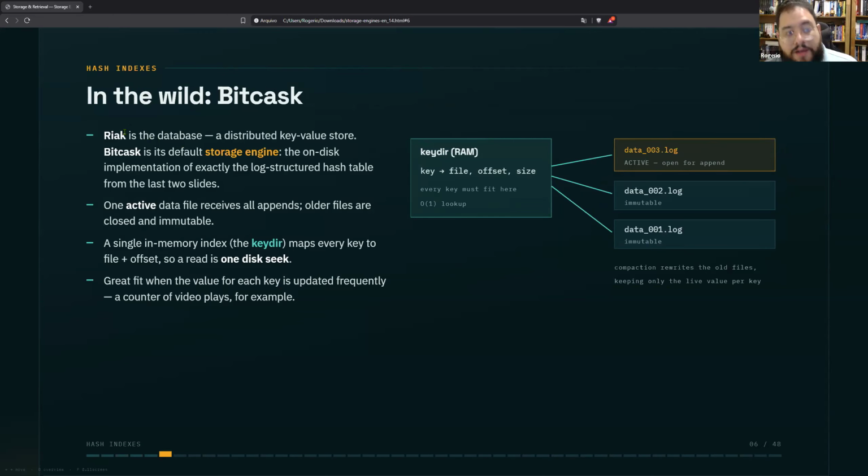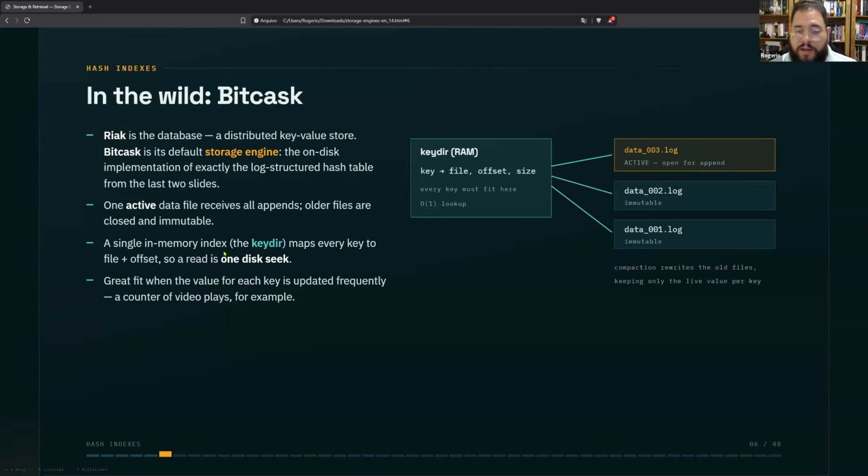There's a database called Riak, and it's a distributed key-value store. The storage engine is called Bitcask, and it's literally the on-disk implementation of exactly the log-structured hash table from the last two slides. It's a real implementation, and it's pretty interesting. One active data file receives all appends, and older files are closed and immutable.